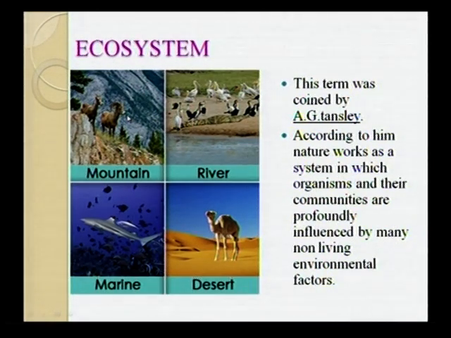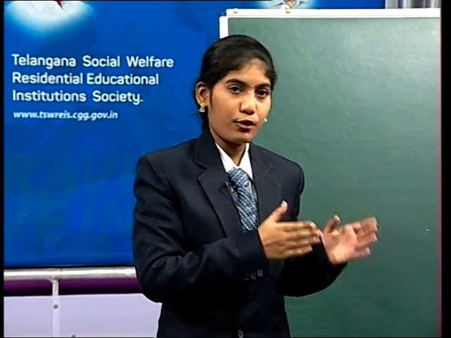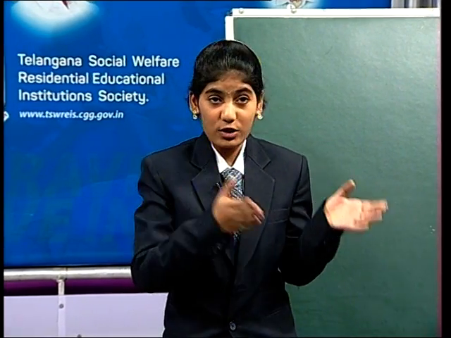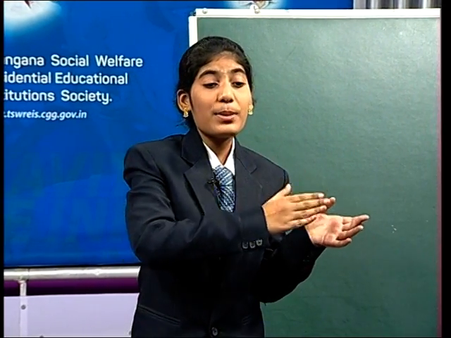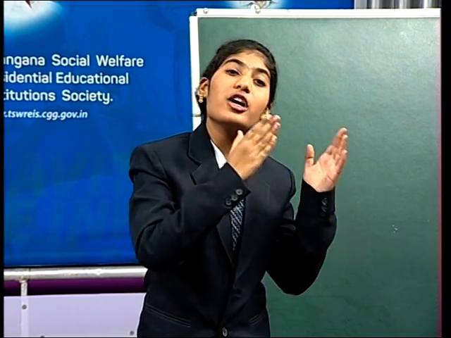And there is an interdependence between each and every organism in the mountain, right? So that is what we call an ecosystem. Okay, so that means there will be interdependence between each and every organism. So that is nothing but an ecosystem. For example, let us take a forest. So the forest will become a habitat because many animals can survive in the forest, right? And one animal will depend on another animal for food. So we can say that that is also an ecosystem.